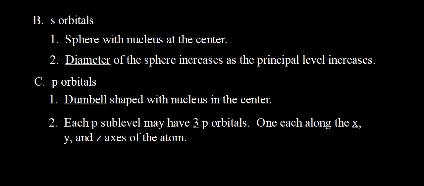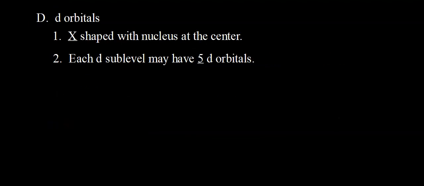So if we look at the bottom of page 121, we see the d orbitals. For most of them, except for that second one from the left, we call them X-shaped or flower or whatever you want to call that. So as long as you know kind of in general the shape of those orbitals, they're different than p orbitals. This time we have, as we can see at the bottom, 5 d orbitals. So every d sublevel is made up of 5 different d orbitals, each one that can hold a maximum of